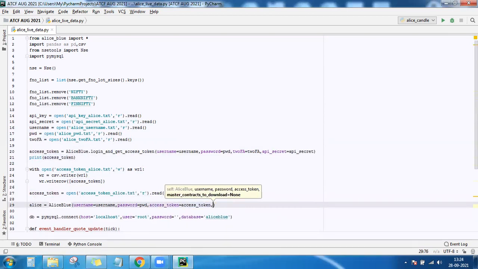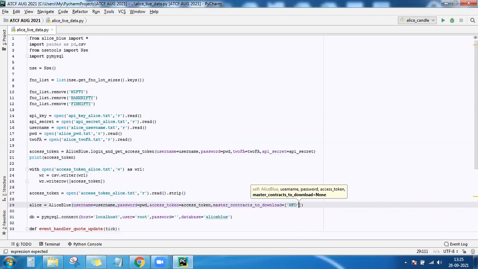So in order to give you the data, first it must have the list of symbols. And whatever list of symbols you are giving here, it should be able to understand. So what we need to do here is you need to tell it to download the master contracts data that it has. So one which is there in NFO means all the futures and options data, and the other NSE.